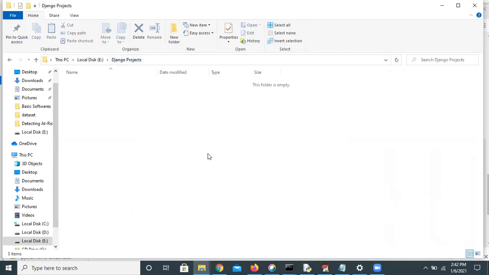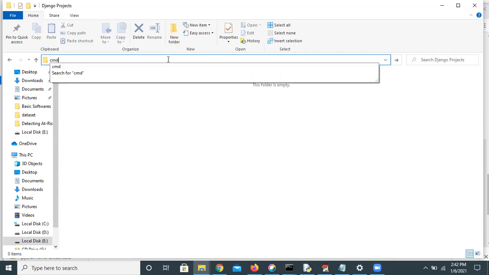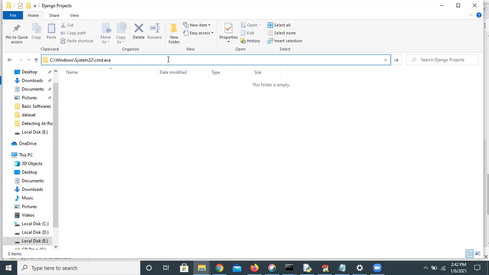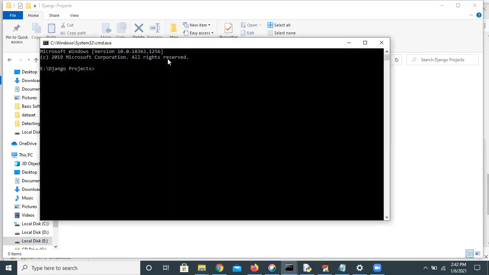So first, we need to go to this location, that means E drive, Django projects. In the same location, I want a command prompt. When you type cmd, the command prompt will open in the same location.